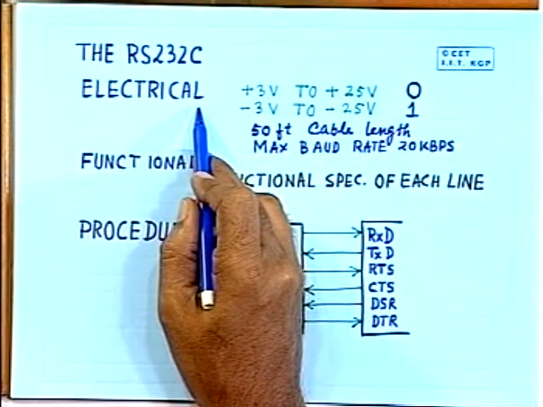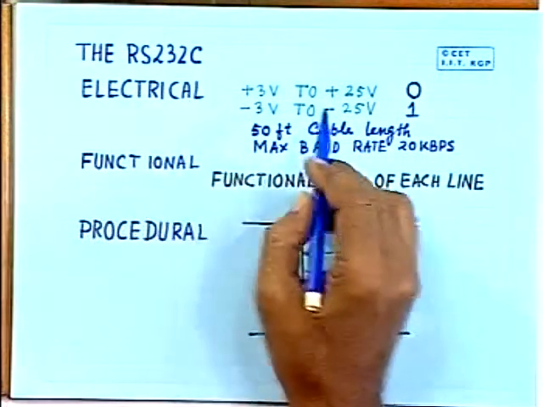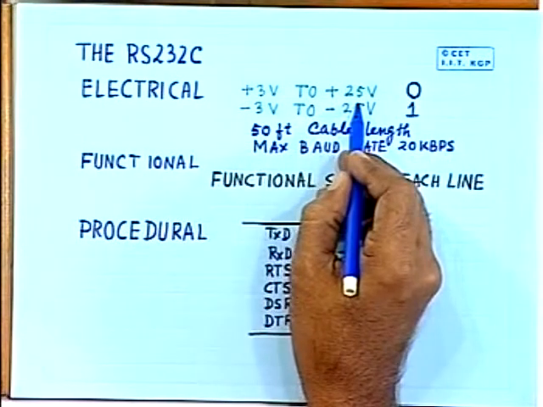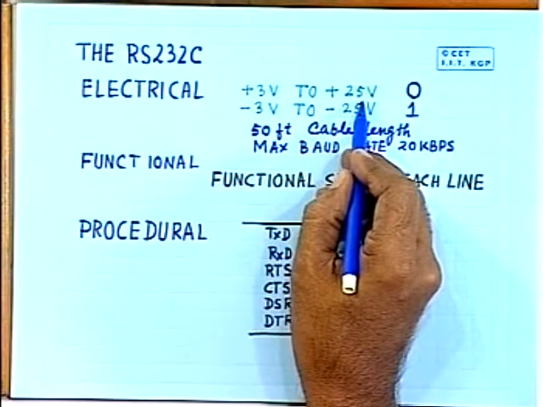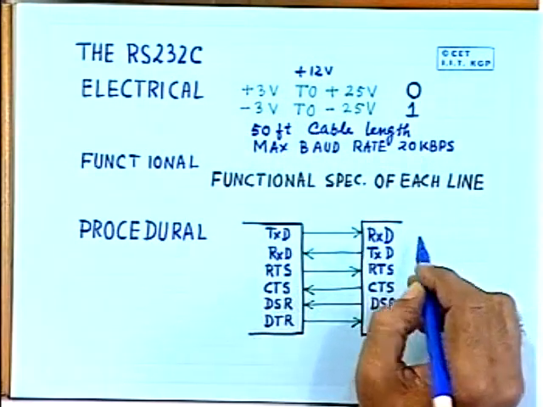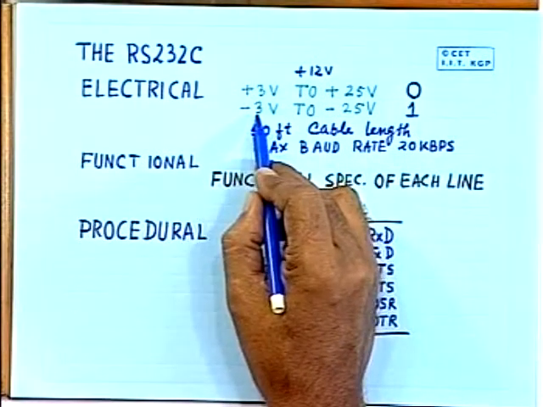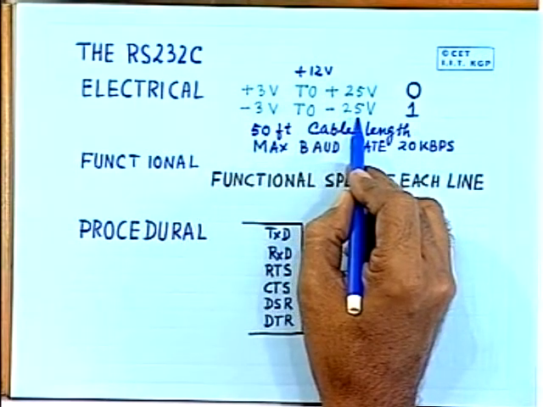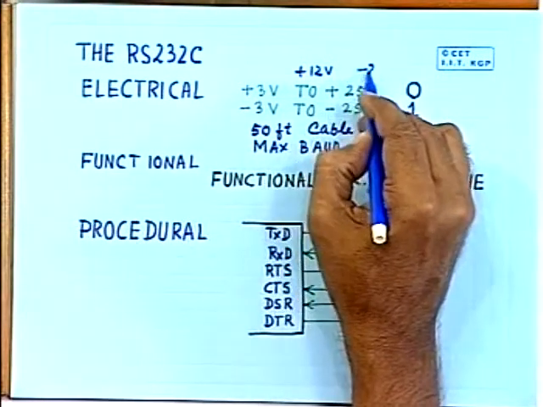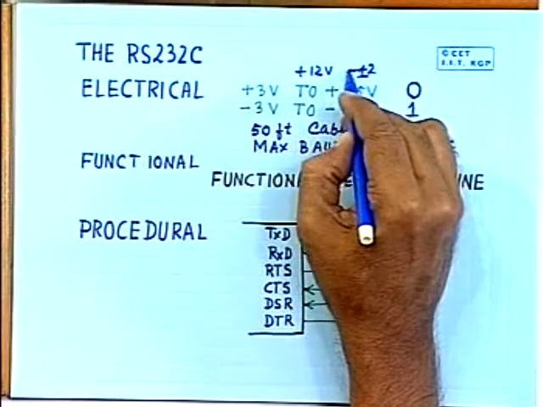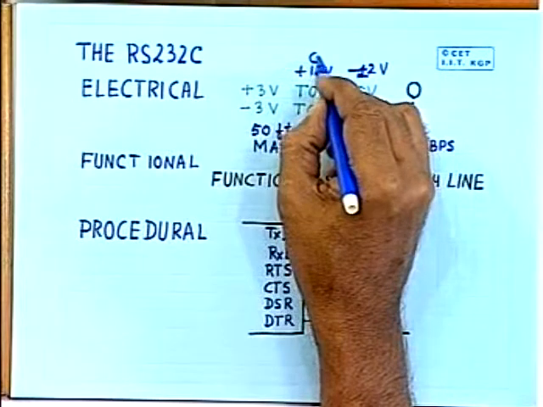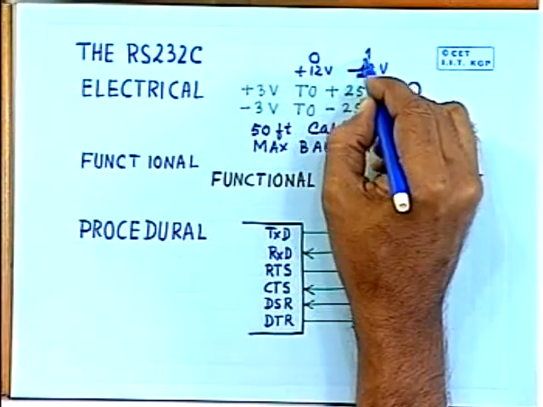the specification. So in case of RS-232C, as you can see here, a 0 is represented by plus 3 volt to plus 20 volt, 25 volt. Usually of course it is plus 12 volt. And similarly a 1 is represented by minus 3 to minus 25. Any voltage in this range is considered as 1. In practice it is minus 12 volt. So plus 12 volt is used to represent 0, and minus 12 volt is used to represent 1.